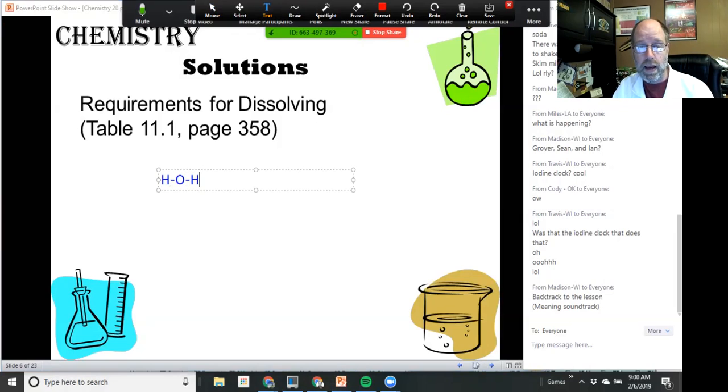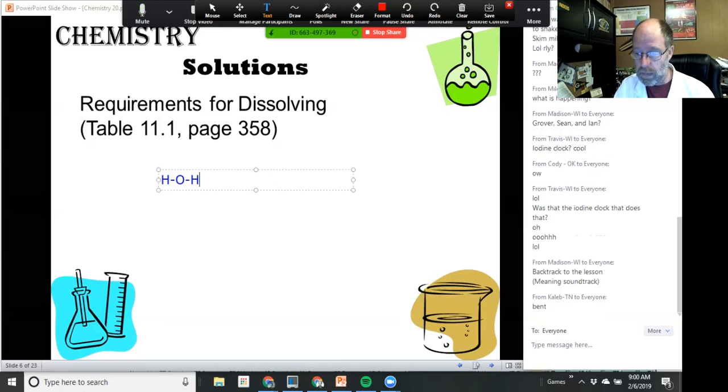What is the geometry of a water molecule? It's bent. That's exactly right. So if we really wanted to show the molecule with its geometry, we might show it like this. There's our water molecule. Now, because it's bent, we went on to learn that there was an uneven distribution of